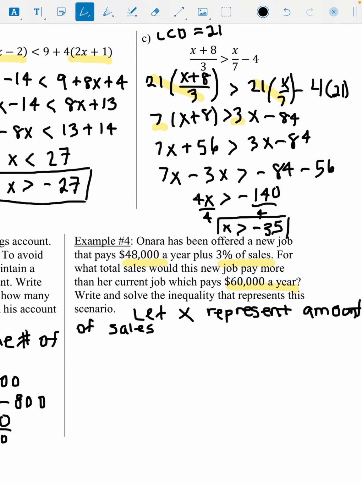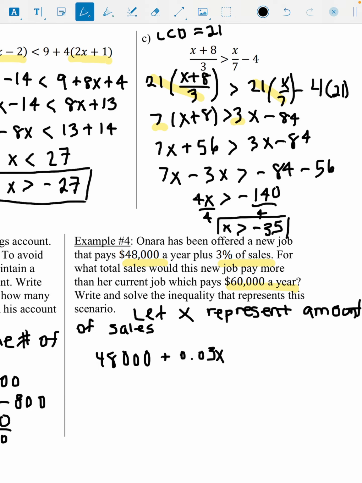So we know that her new job pays $48,000 a year. And she also makes 3% of sales on top of that. So just convert 3% to a decimal. So that should be 0.03